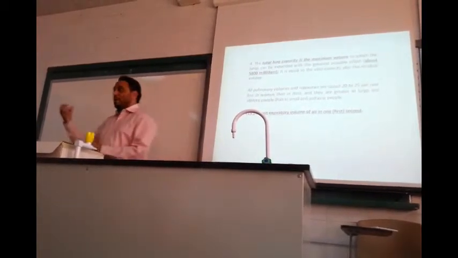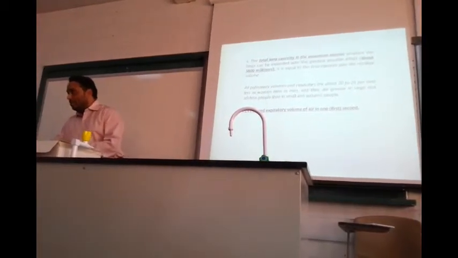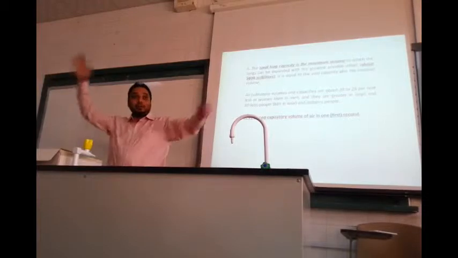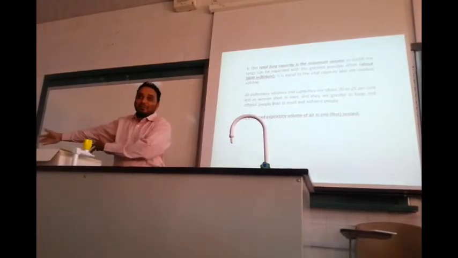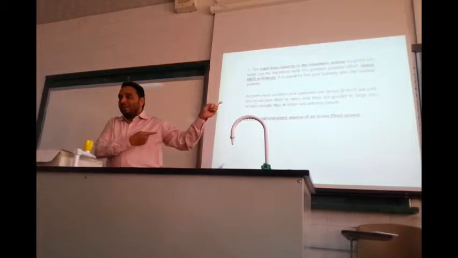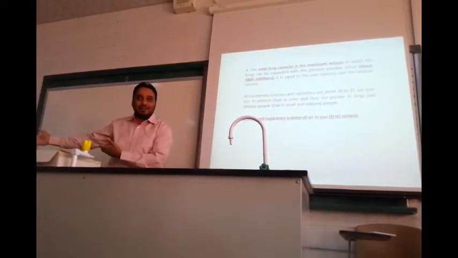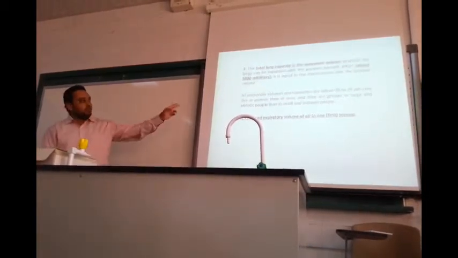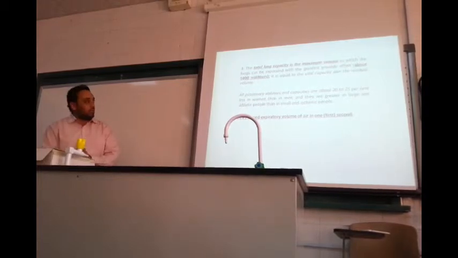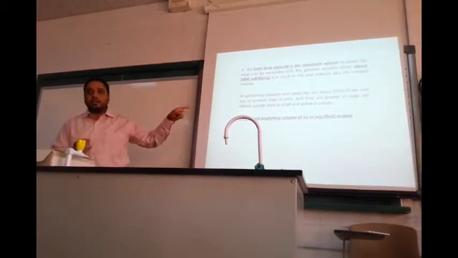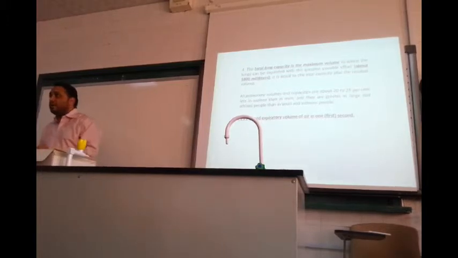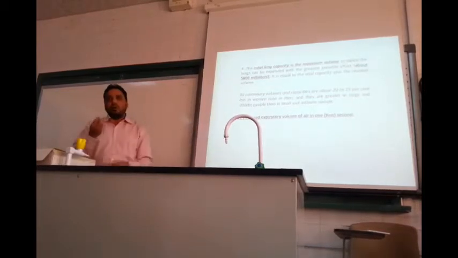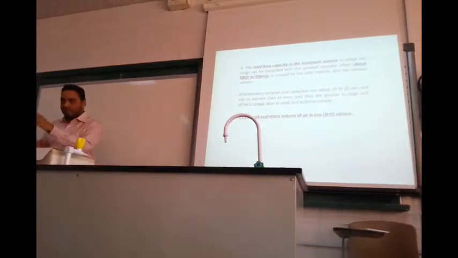Like we cannot compare an Asian woman with a European man, or a European woman who is big and tall, 6 feet in height, with an Asian man. You cannot say her capacity will be more than this poor guy. So, keeping in mind the factor of ethnicity, it is about 20 to 25% less in women than in men, and pulmonary volumes and capacities are greater in well-built persons, large and athletic people, as compared to small and asthenic persons. So these variations are there.